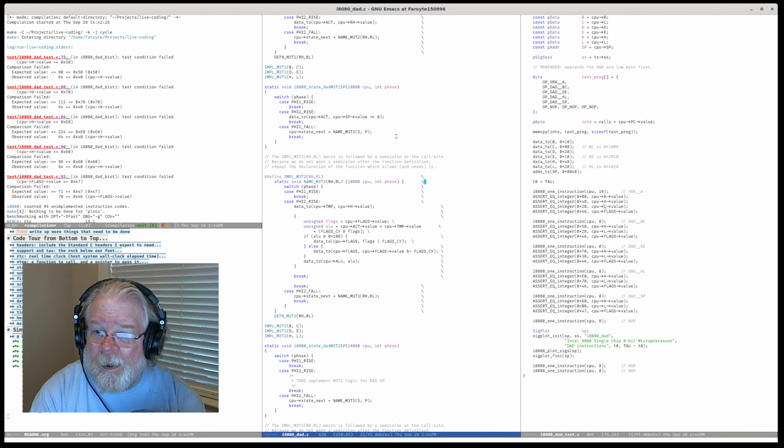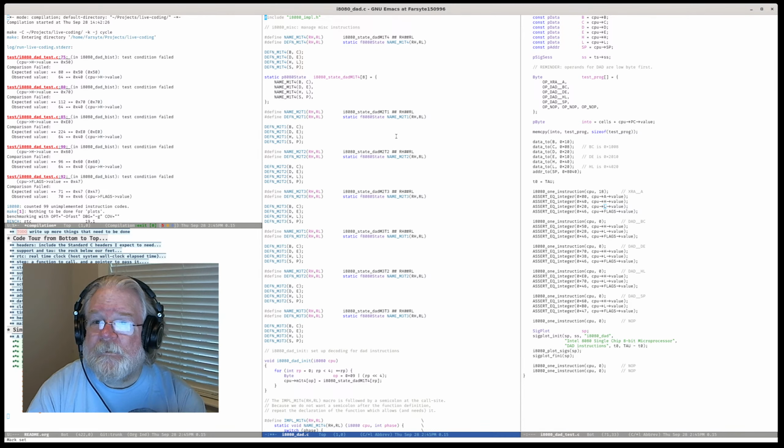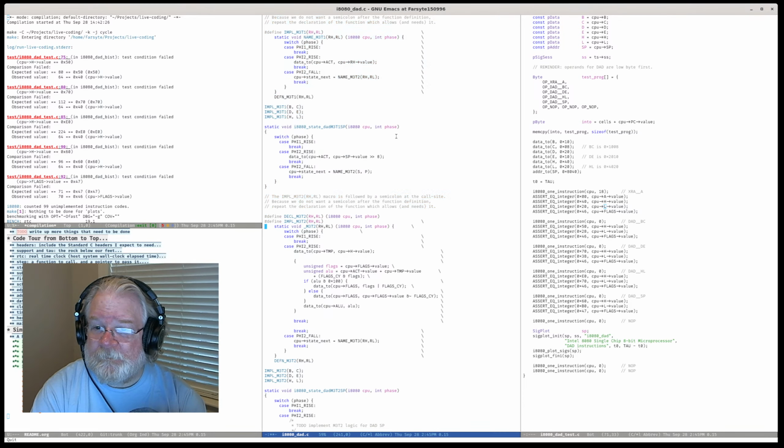I do not know why that wants to indent that there. But I think what I need to do is have a decl. That's how I got around it. Yeah, that looks better.